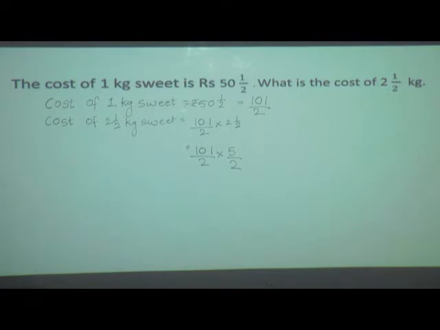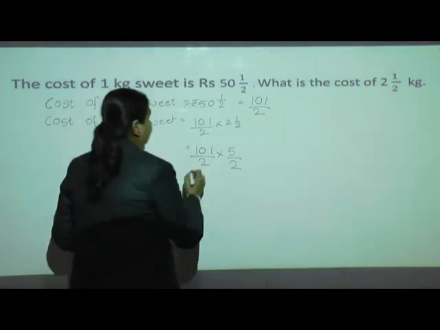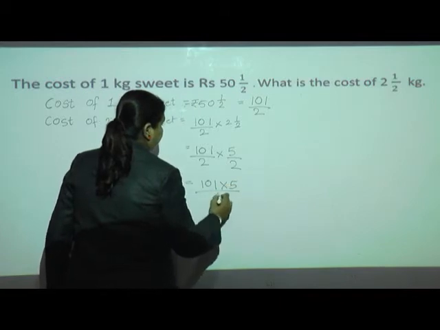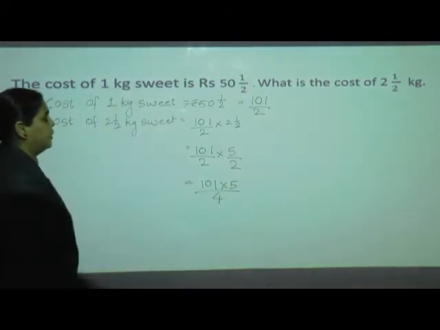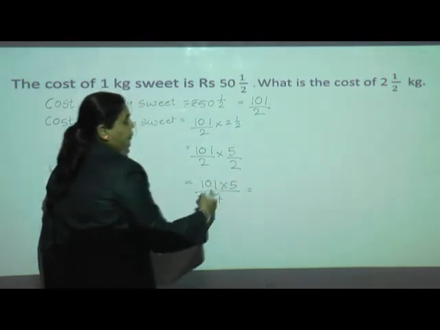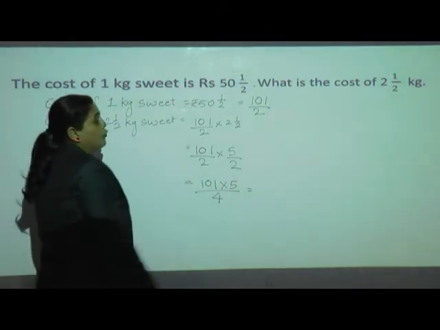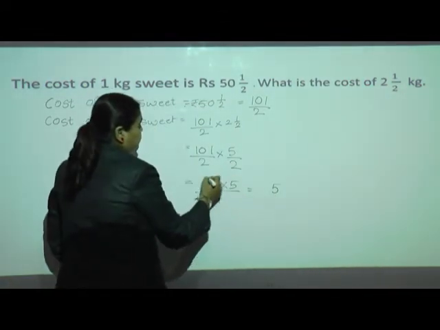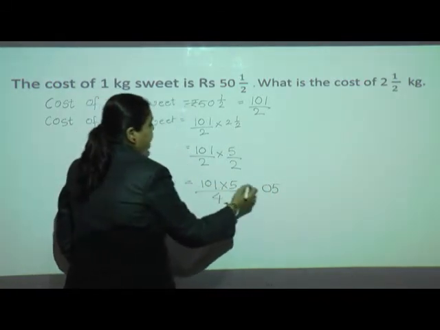If it is not possible to reduce, what do we have to do? Just multiply the numerator and then multiply the denominator, because it is not possible to reduce. So we will multiply 101 multiplied by 5, and 2 2s are 4. Now, I have taught you direct multiplication, how it is easy to do without going for vertical multiplication. Here 5 ones are 5, 0 5s are 0 and 5 ones are 5.